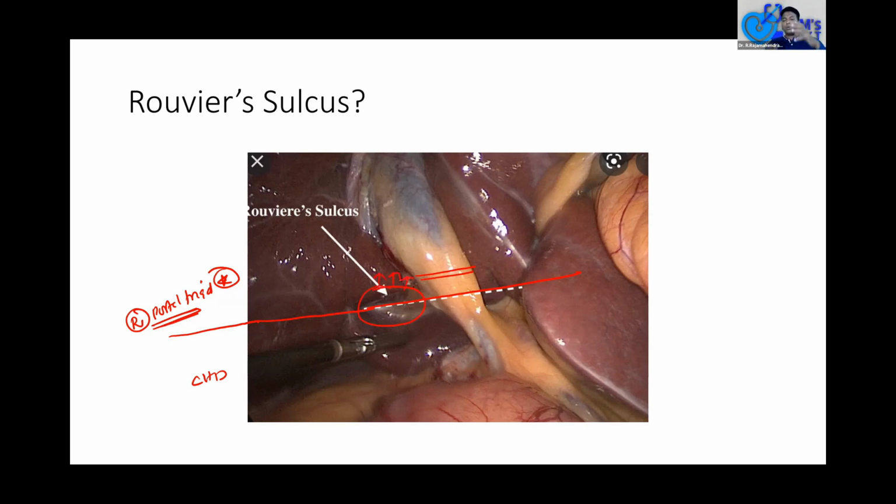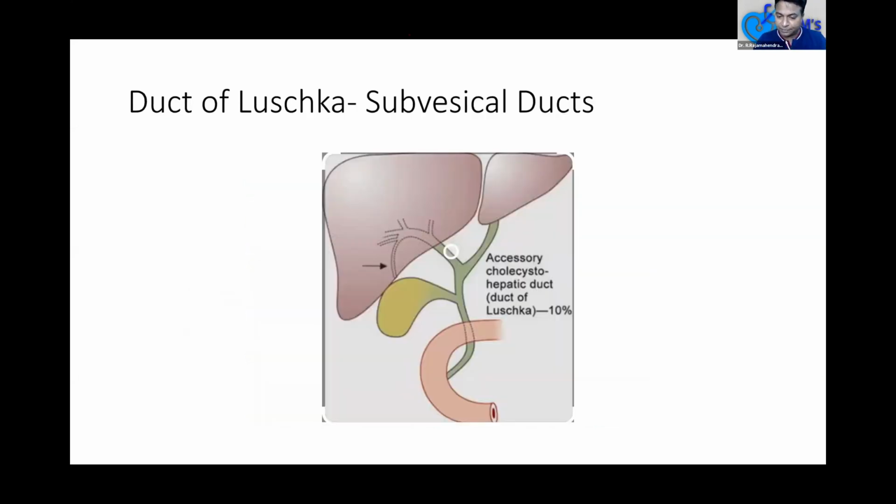Many times what happens during laparoscopic surgery, we will not be knowing where is the inferior limit. We keep on dissecting, and we'll be going at this level inferiorly, and we may injure the common bile duct or even some vessels inside. So Rouviere's sulcus is the inferior most dissection point. The inferior most dissection point as a laparoscopic surgeon, you should always remember is Rouviere's sulcus. So this is very important for surgeons. This is a Rouviere's sulcus, don't forget.